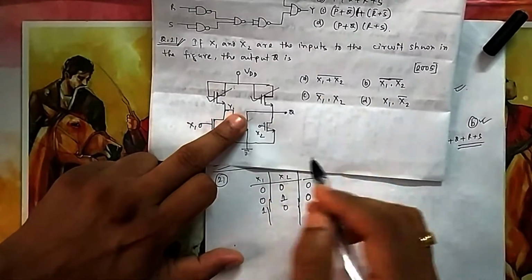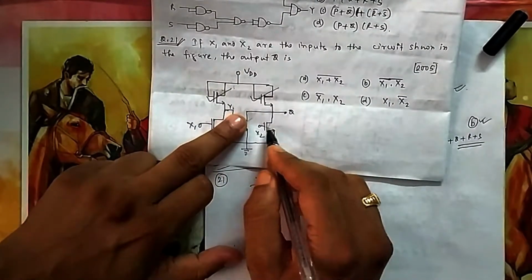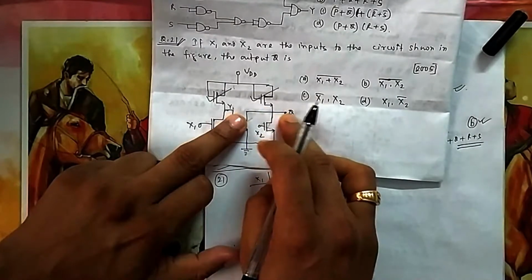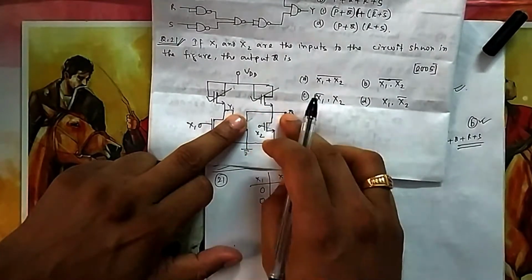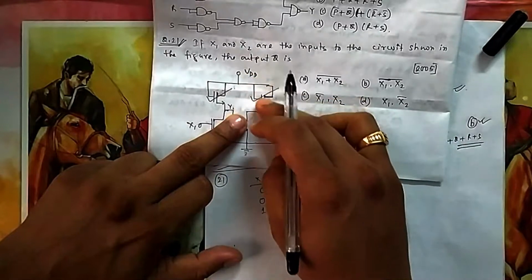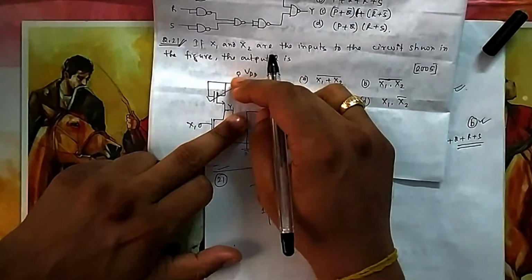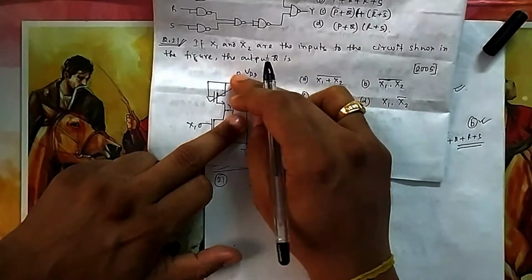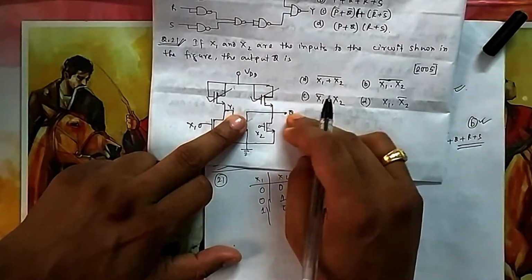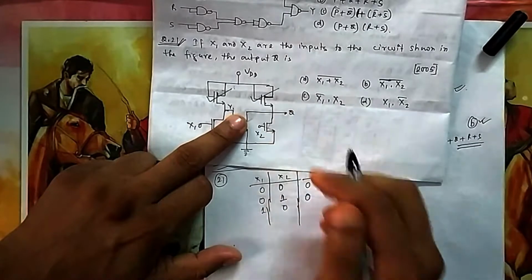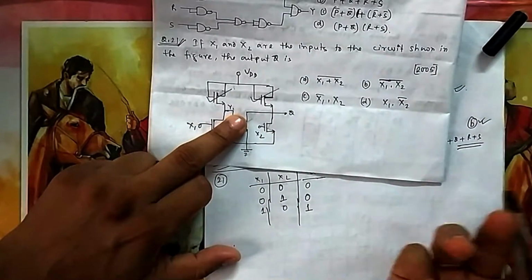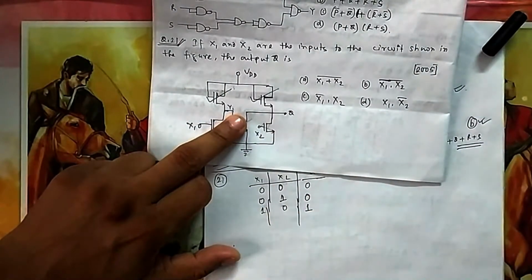Now because this is off, and now X2 is also off. So Q is now not connected to ground. So Q will be what voltage? The voltage that comes from here. This much voltage, because here it is open. So whatever voltage, because this is on, so VDD directly comes here. So that means it will get high voltage output, that is 1. If you give high voltage, that is 1. If you give low voltage, then this is 0.